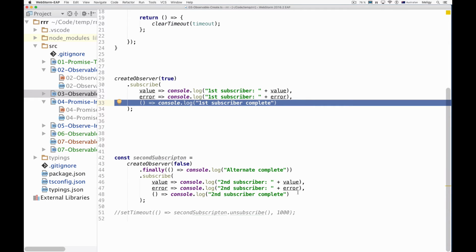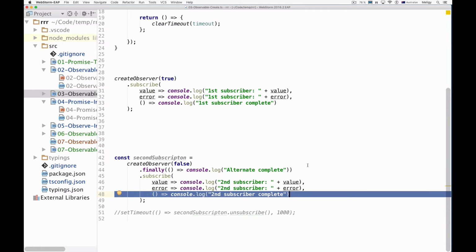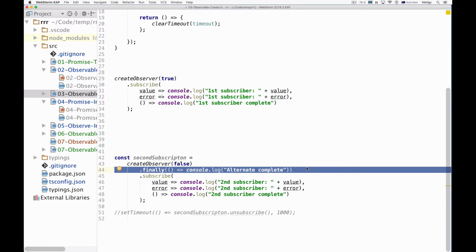So in the second example, I have this. But what if I want to simulate the try, catch, finally functionality? I want to know when you're done. Even if you throw an error, you can just call finally. So you can see it's kind of nice,